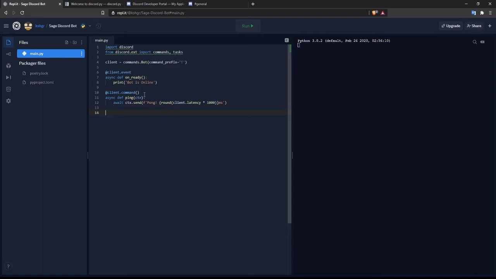But wait, to run this bot, there's still an important part left. To run this bot, we require a token. When we created our bot, there was a token, and now we need to put that token over here. So we'll write client.run and create parentheses, and inside a string we'll go back to the Discord developer portal.